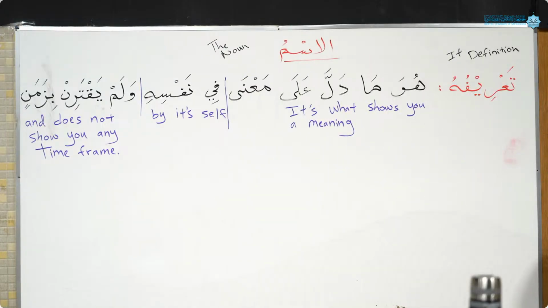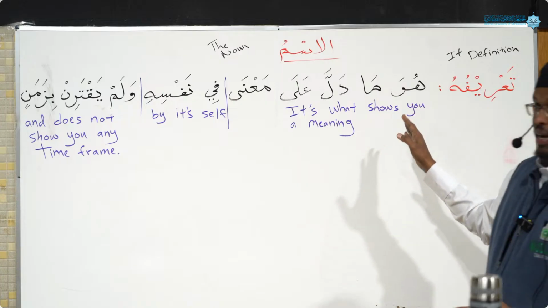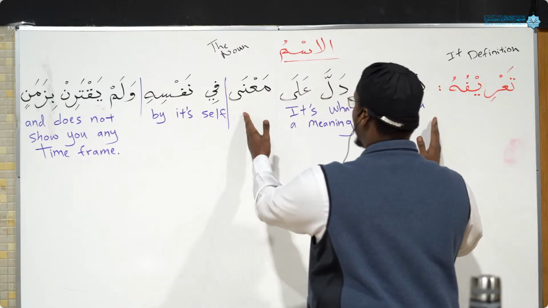Right now, we said that the parts of speech in the Arabic language are 4 or 5. 4 or 5? Okay, 3. Tamam. You remember the rule. There are 3 types. The first type is ism, second type is fi'l, third type is harf. By the time you tell me the definition, you have to tell me something so specific that these 2 automatically are knocked out. So this definition, as we divide it into 3 parts, this part, هو ما دل على معنى,